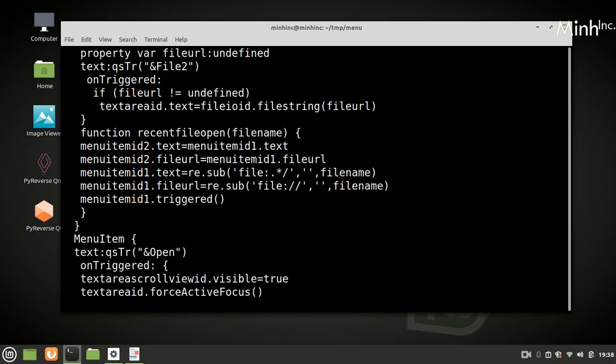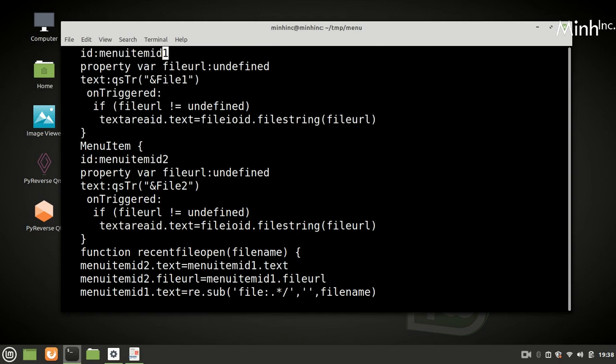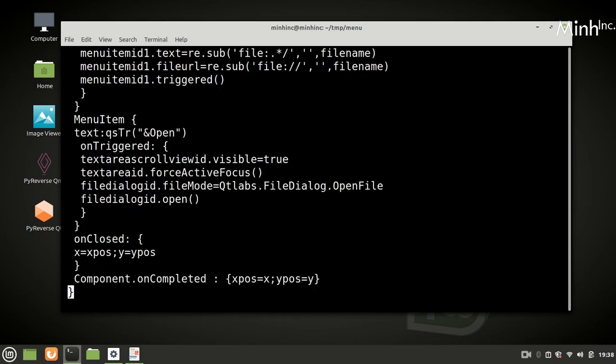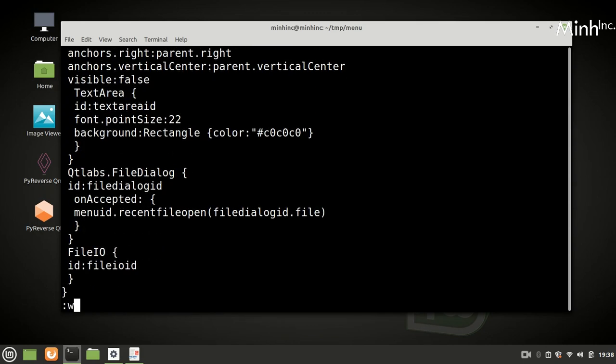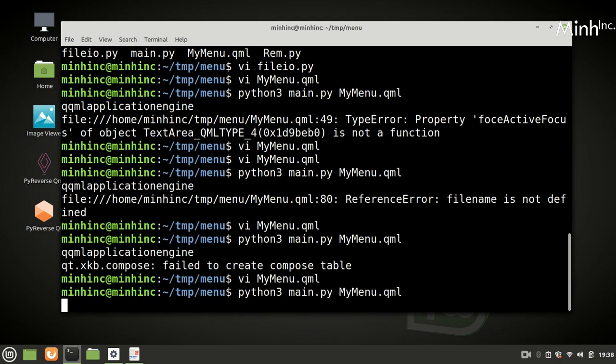Whatever file name comes, the actual file name will push, and the file URL, the Unix URL, will push. And id1 triggered we will call, and in the triggers, file URL is there, so it should be callable. So I think we have finished the code. We'll try running it.